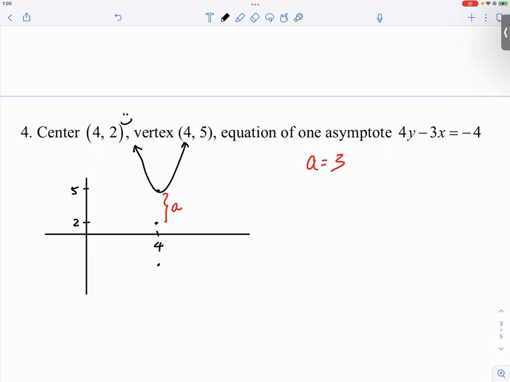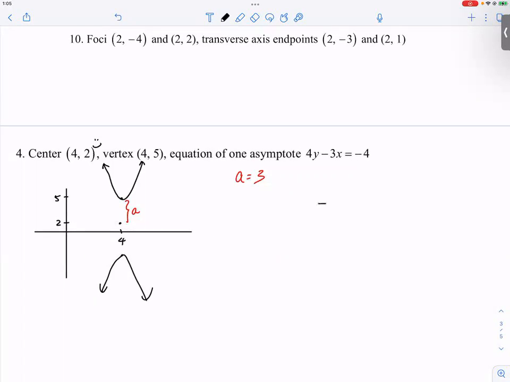Okay, so the other part would be something like this. Don't really care, but we know that it's vertical. And because we know it's vertical, well, we can start writing our equation. So we have 2 fractions. They're subtracting, and it's equal to 1. And because it's vertical, who gets to be the first one? Is it X or is it Y? If it's vertical, then Y becomes the first term, the positive term. And then Y